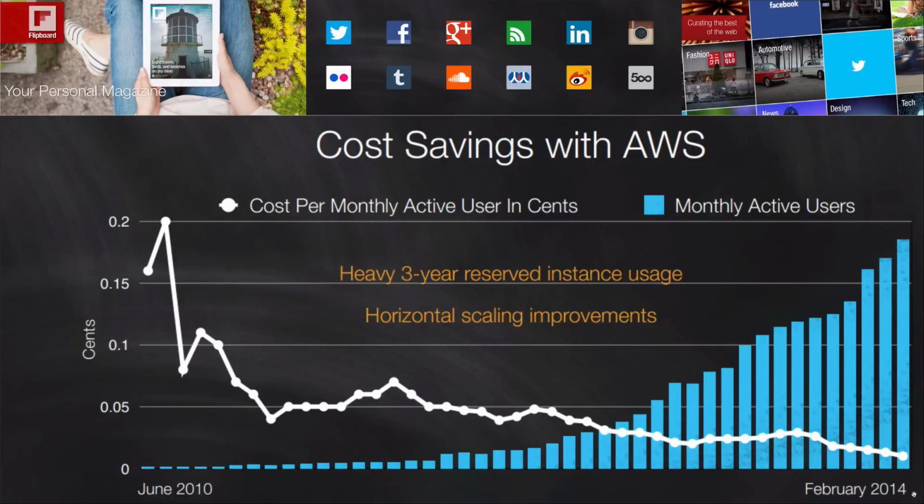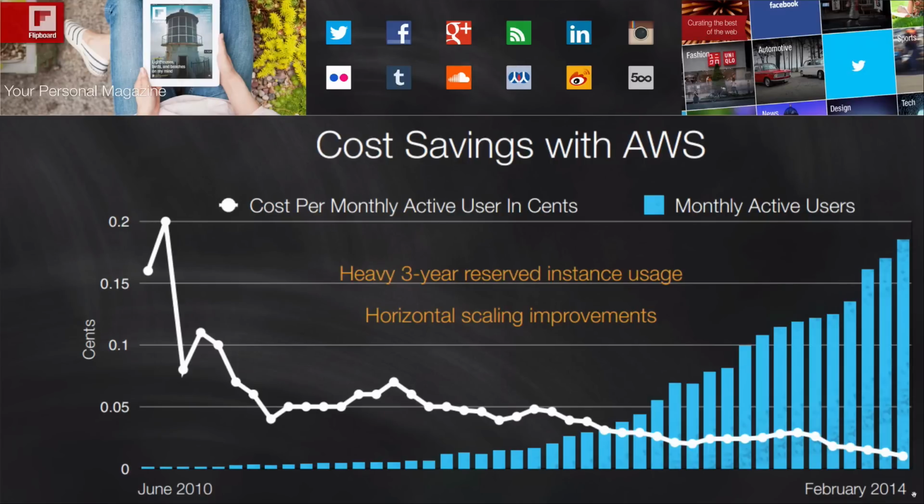And a great example of a customer that talks about this quite extensively is Flipboard. And the reason that it's a great example is because you can see from those metrics at the bottom of the slide a very clear representation of how their costs per user have fallen as their monthly active users have increased. So this is combining together those factors that we talked about: the efficiency of the platform, the scale of the platform, and also the idea that those volume breaks kick in. So as you get bigger, you typically pay less per unit of consumed resource.